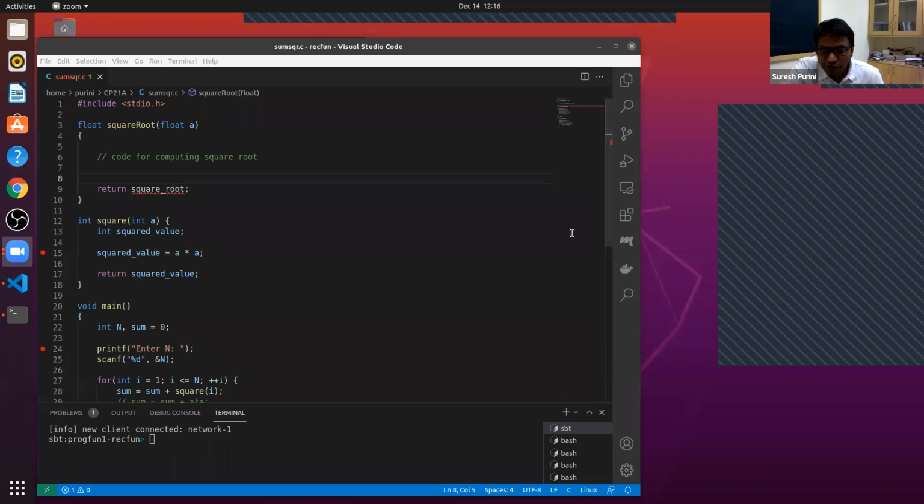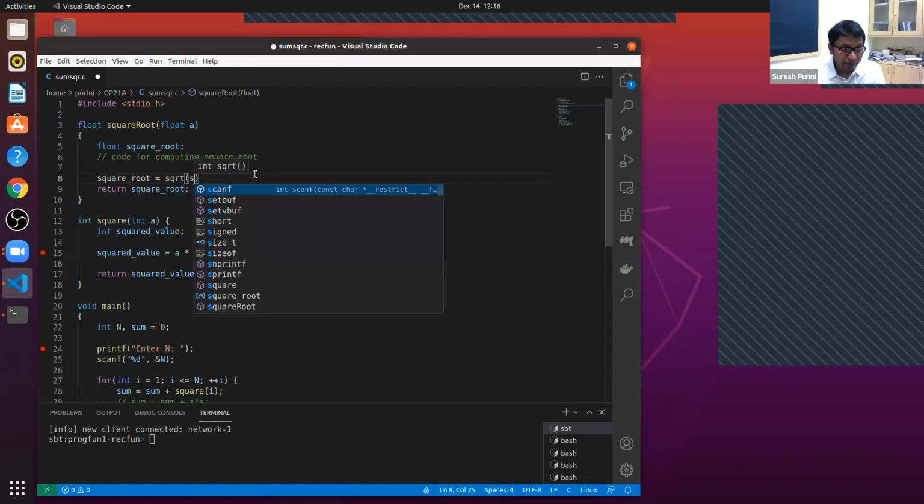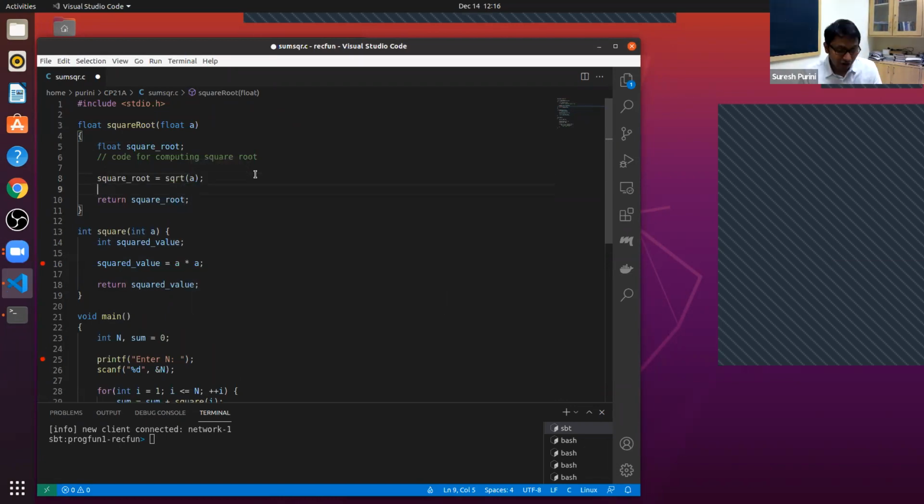If you use square root of x in your square root function, so if you are doing like this, then if you have something like this, float square root of a is equal to sqrt a, then now you need math.h. Okay. You all get brilliant ideas, guys. This is not exactly plagiarism.